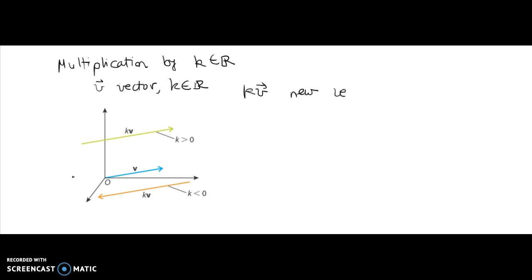How is this new vector defined? Well, it depends on whether k is greater than 0 or not, but in any case, if we take the absolute value of k and multiply it by the magnitude of v, this is the magnitude of the new vector. So depending on k being greater or less than 0, we need to change the sign or not. And then for the direction, kv will have the same direction of v